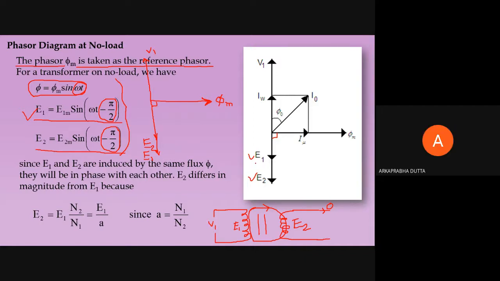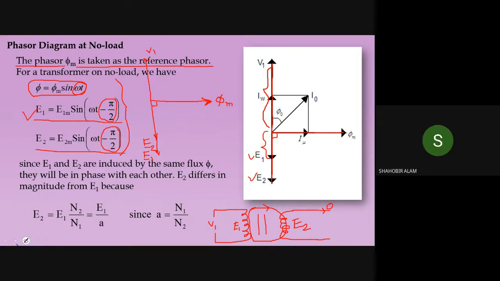After I draw this line, this is my flux. Then from this relation, we need to draw E1 and E2. It is 90 degrees lagging, so in that direction. After we draw this, we need to draw V1 because V1 is just opposite to E1, in the negative direction. Obviously some error is there, because here E1's magnitude is shown up to this, but V1's magnitude is shown as this. Just forget about the error. If you want to draw a perfect figure, the E1 length and V1 length should be the same, but in the opposite direction, obviously.